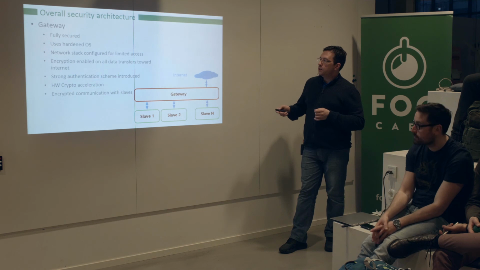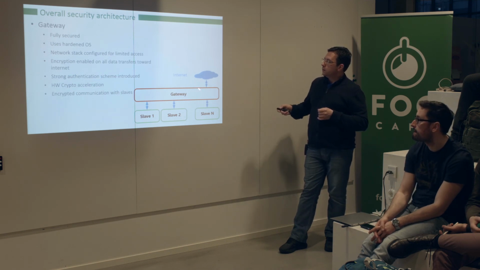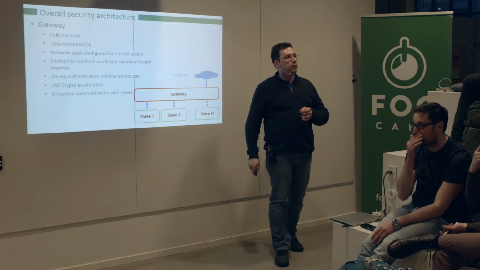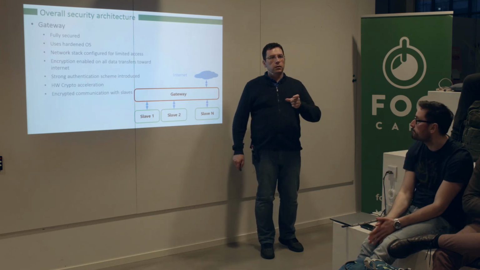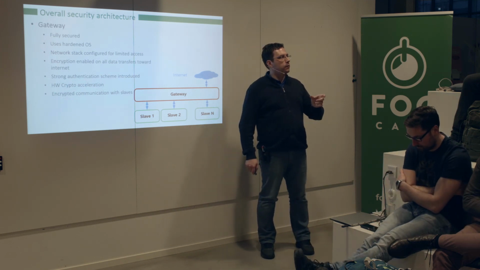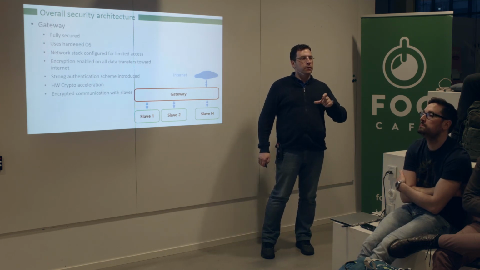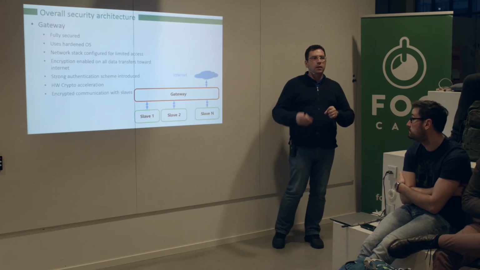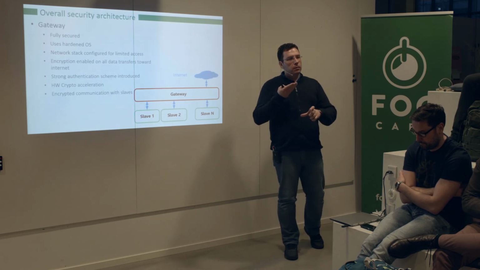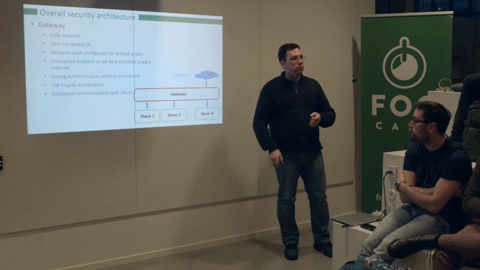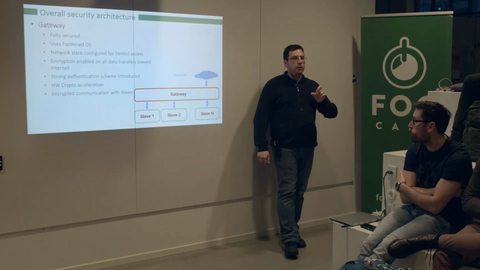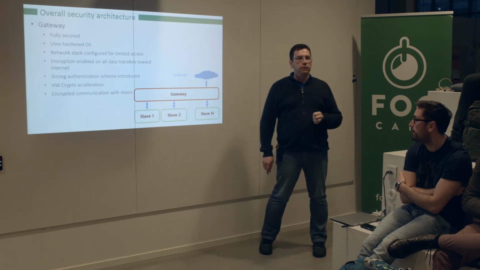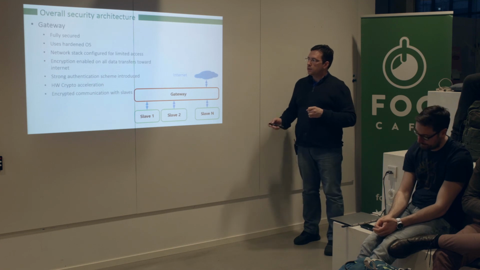Strong authentication scheme introduced in order to do verification what are the credentials of every users that would like to gain access to the system, and the authentication goes on two levels. One is on system level, meaning that we have a set of users which are verified by the operating system, and the application that we have on top for control of the devices has another scheme of user access, meaning that by default, whenever you would like to log in and control your home, you have one level of access, but if you would like to gain access to the system and do modification on a system level, then we have another set of authentication mechanisms or authentication schemes introduced.